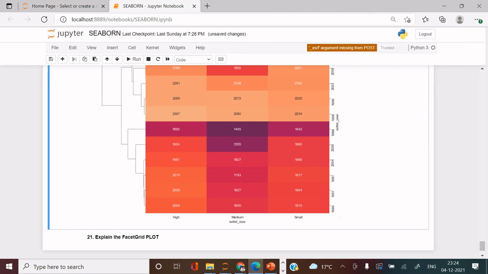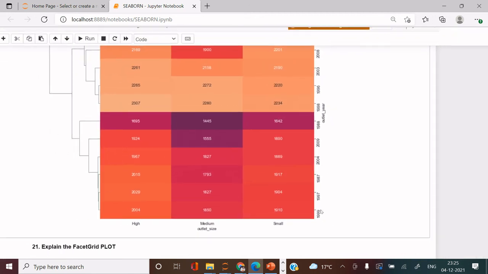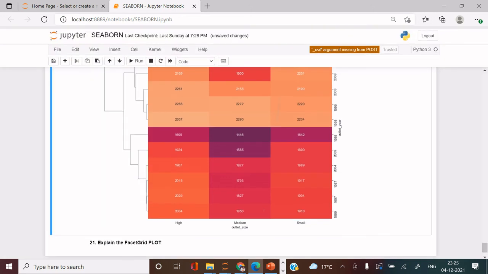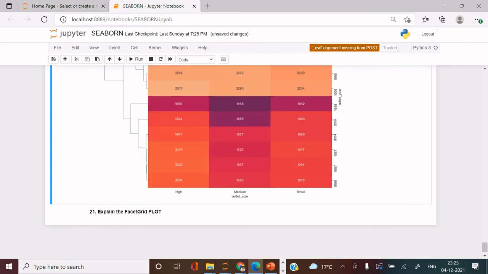For example, you see here these years 99, 97, 87, and then 2004, then 2009, and then again 98. These are not sequential, these are based on the cluster. So rows having similar values have been clustered together, and the same happens with columns as well. Columns having similar values have been grouped together.